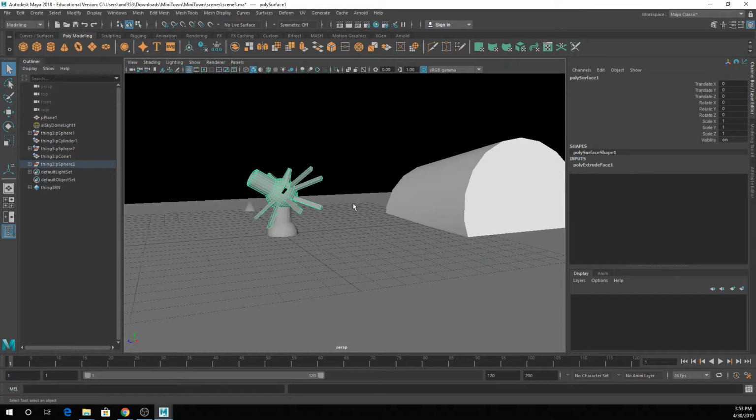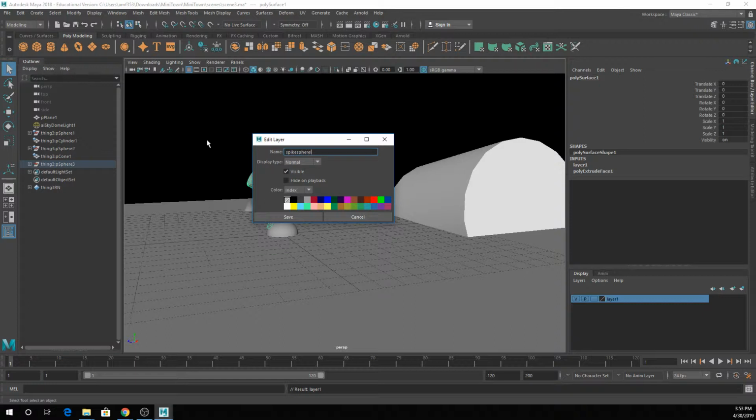So I'm just going to select this object and say maybe I want this in its own layer. There's two buttons over here that'll create layers. This one with the little plus is just going to make an empty layer. This one with the little blue circle is going to make a layer with whatever objects you've selected already in that layer. So in that case, I'm just going to hit that and call this